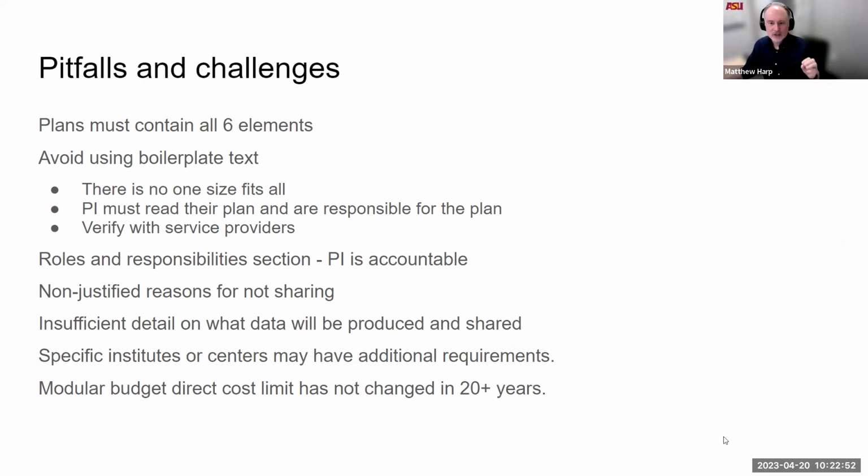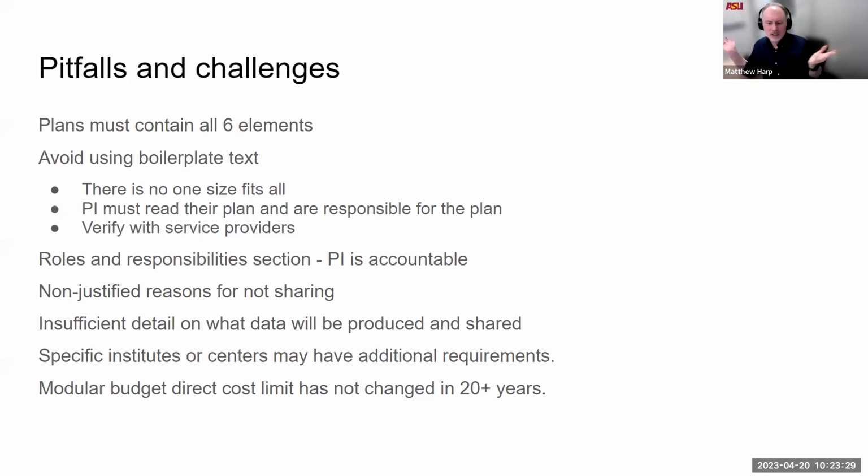Just some pitfalls and challenges. Plans must be completed when submitted. In other words, when someone is submitting their data management plan, all those sections need to be filled out. You can't skip or just refer or use general terminology anymore. We have seen those. There is no one size fits all. So again, PIs should not be cutting and pasting text from previous proposals or examples of data management plans unless it actually applies to their work. In addition to indicating roles and responsibilities, again, ultimately, it is the PI that is responsible and the one held accountable for what is in their plan, and they should explain what can and can't be shared. I keep saying this because that is really, really important.